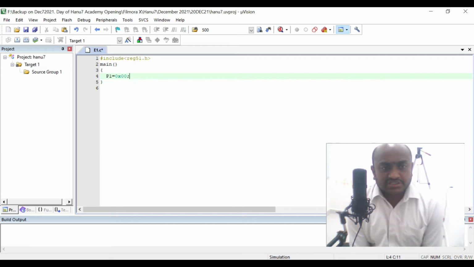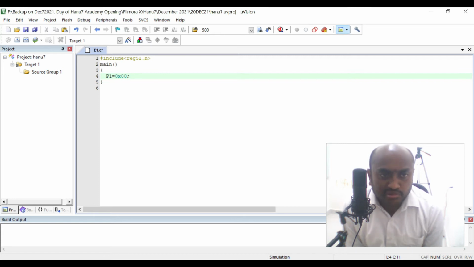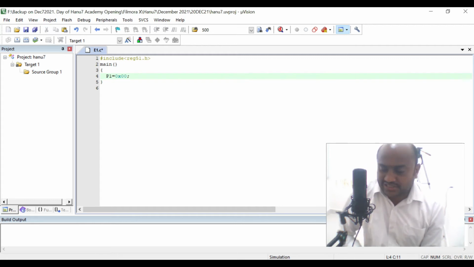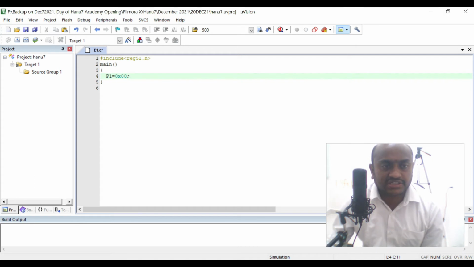So p1 here is a register, or a parallel port of 8051, which is defined already in the reg51.h. So I am using it directly here instead of defining it.